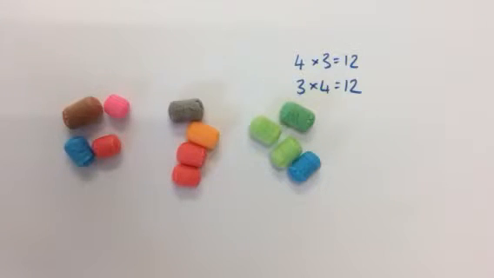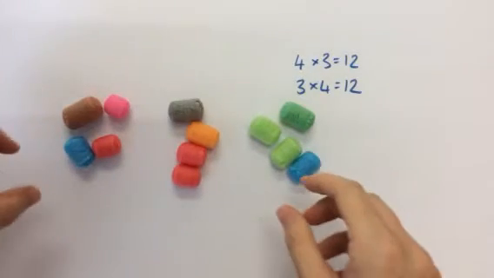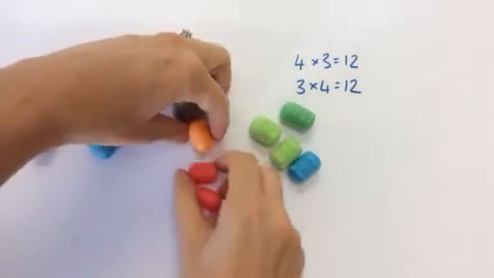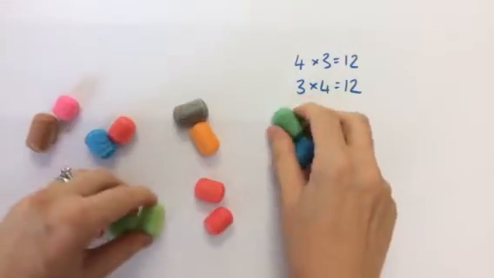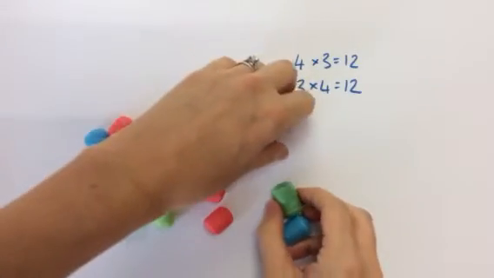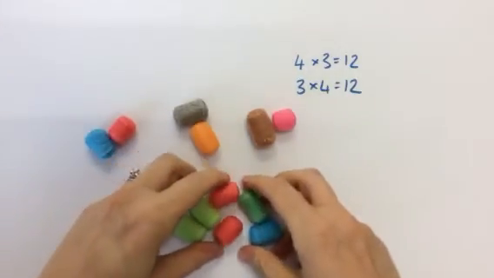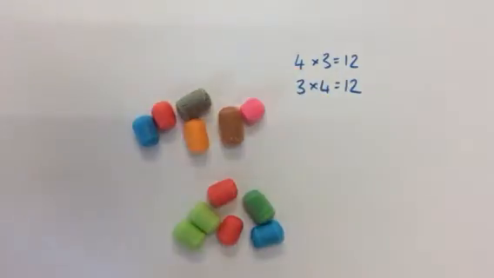So let's think of another fact. What about, I've done my 2 times table and I've learnt that 2, 4, 6, 8, 10, 12. There we go. I've learnt that 6 times 2 is 12. So if I've learnt 6 times 2 is 12, when I come to my 6 times table, I can do 2 lots of 6 is 12. And yes, look, I've just proven to myself that it's true,